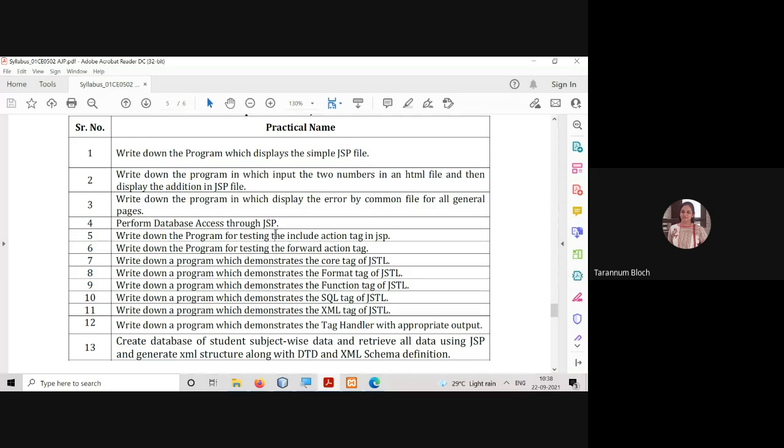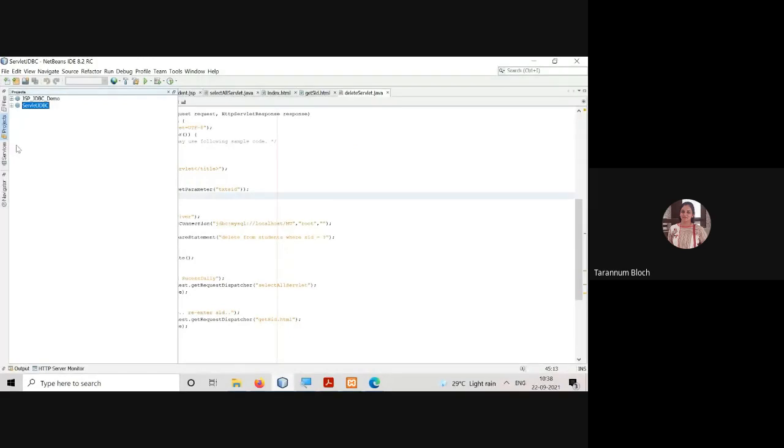Anyways, we are talking about practical 5 and 6, which is include and forward action. Now, what does the request dispatcher include and forward method do? Can you tell me what include does?